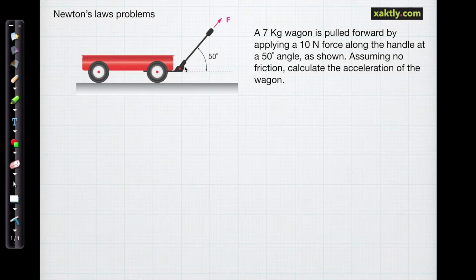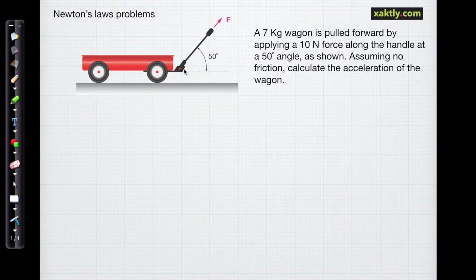Hey everybody, here's a problem in Newton's laws. We have a wagon with a mass of 7 kilograms that we're going to propel forward by applying a 10 Newton force at an angle to the direction of motion. We want to calculate the acceleration of the wagon, so we're going to have to find the force in the